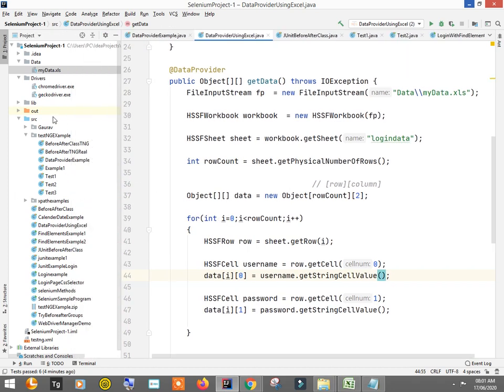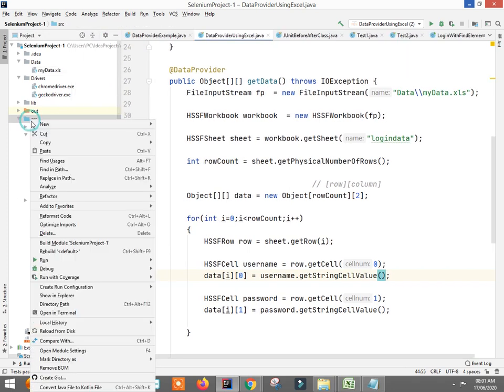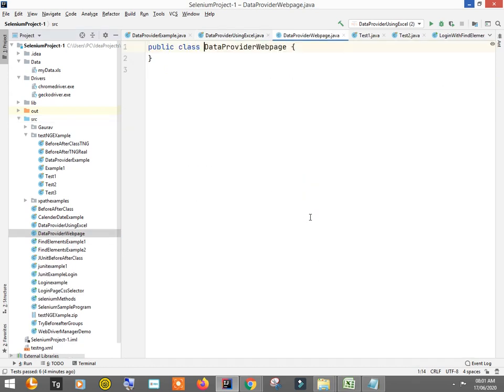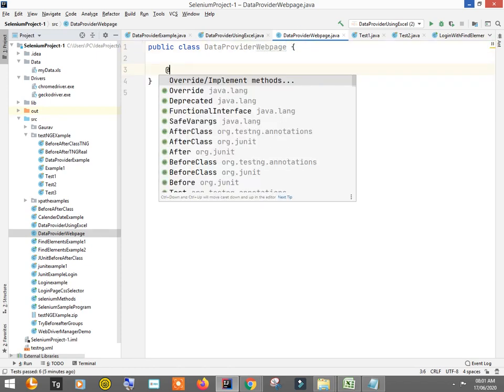So let's create a program, right click and new Java class. Here it is. I'll name it data provider web page, right? So here we will write it like this, at the rate test.